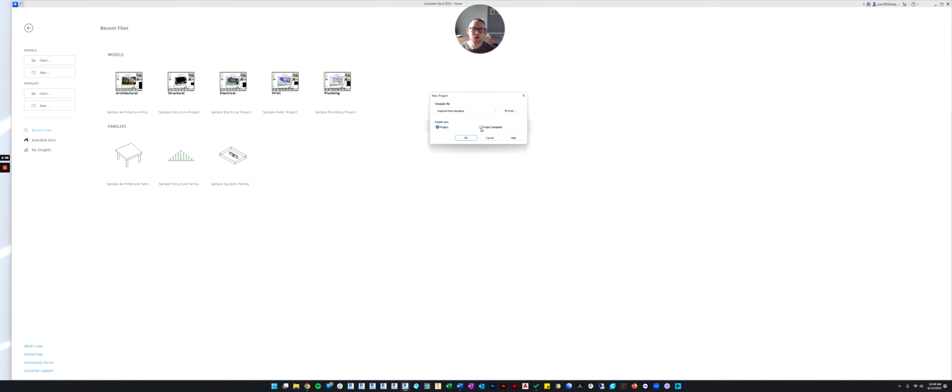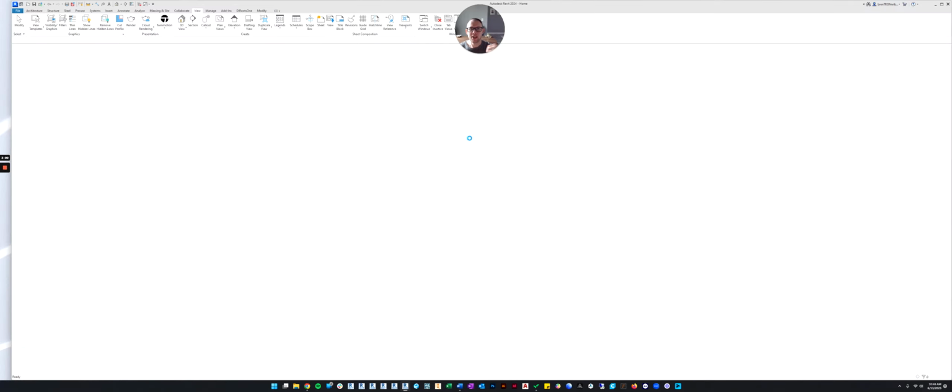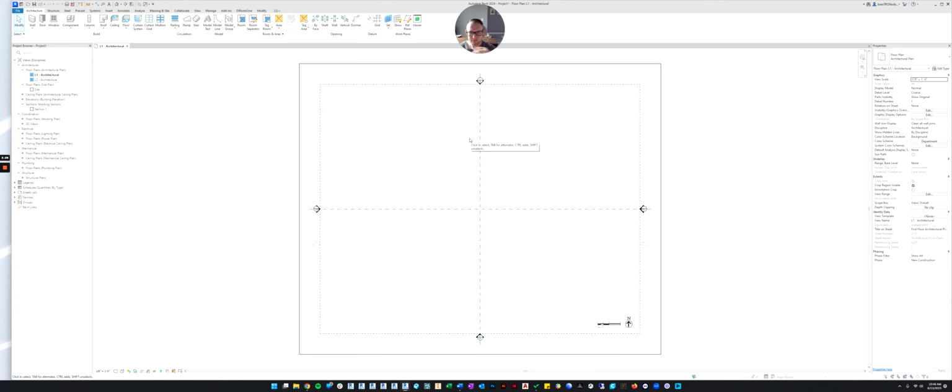If you wanted to make your own in the future and you wanted to edit this template and modify it to make it your own, then you would click project template. And when you saved it, you would be saving your own template. But we're not trying to make a template, we're trying to make a project. So make sure that's selected, and we're going to click OK. It'll open up the template and convert it to a project for us.